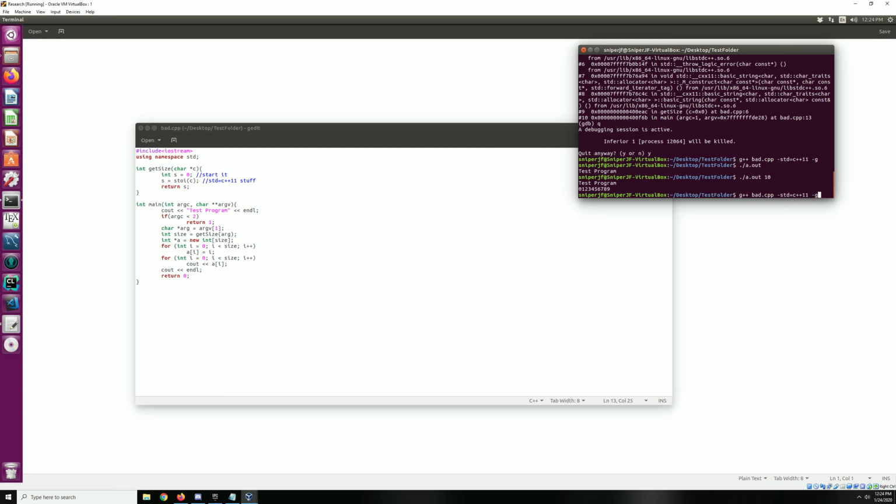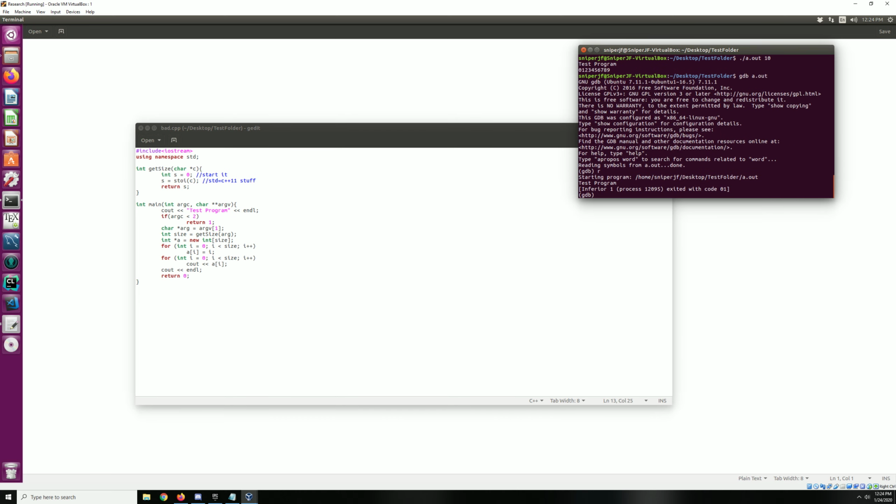But more importantly, you have seen how to use GDB. If you were to type GDB again here, a.out, and you were to run it, then it would finish okay. So you can always run your programs directly in GDB. They're going to be a little bit slower and have more stuff around them, but it's nice. While we're at it,